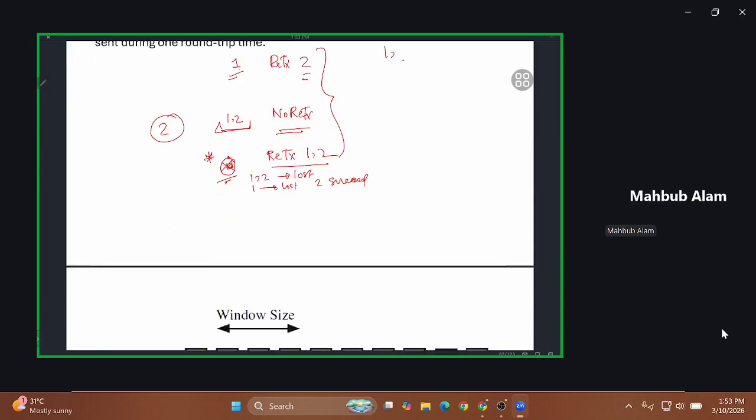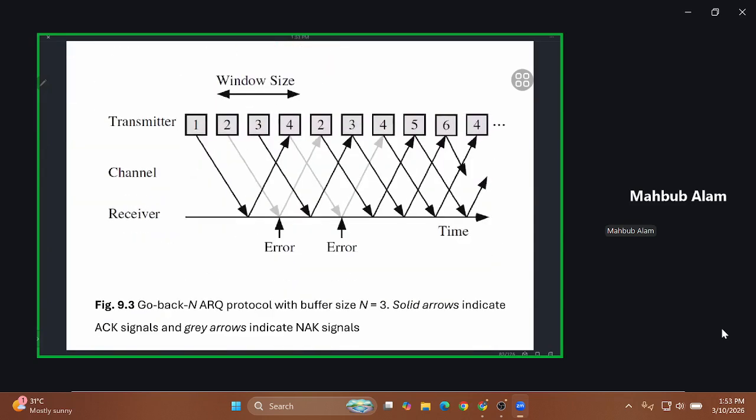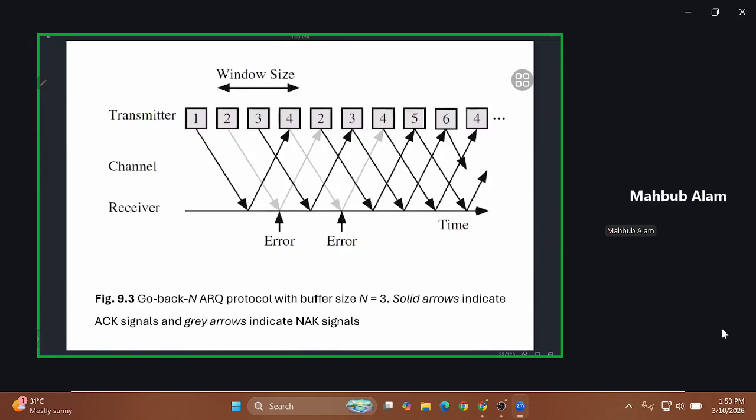Now, here is the basic operation of the mechanism. What happens? You have a window. Following this diagram, we assume that the window size is 3. This means a station can transmit 3 packets without any acknowledgement. If we compare it with stop and wait, that forces you to transmit a single packet and wait. Here it is the same thing with an extension: now you can transmit 3 packets without receiving any acknowledgement.